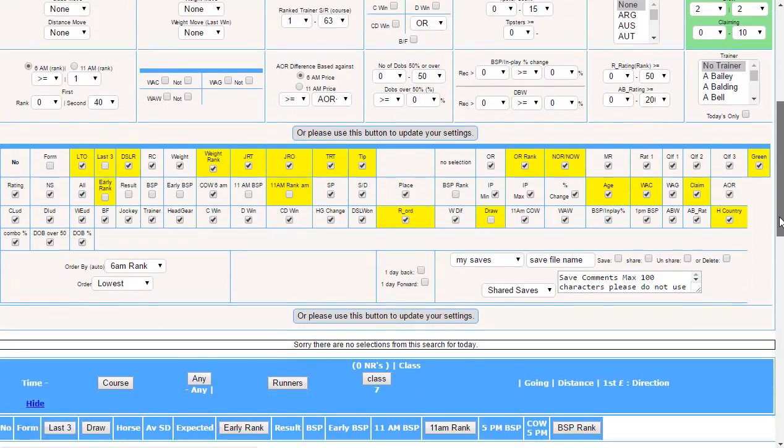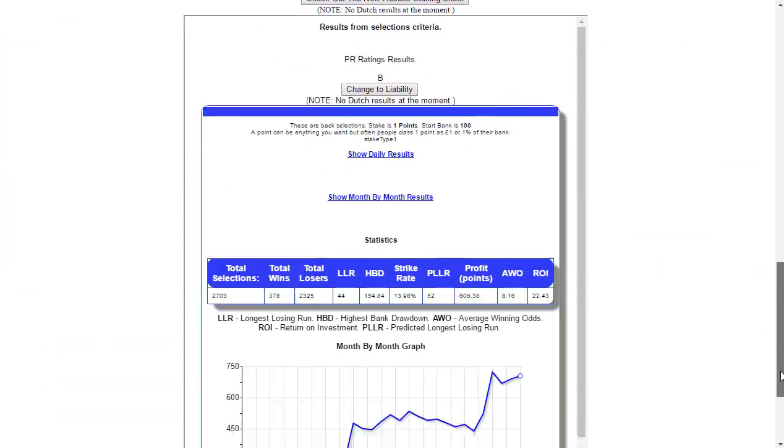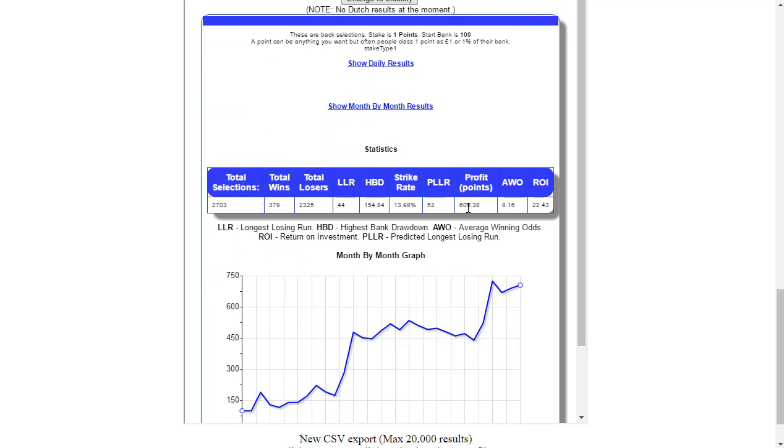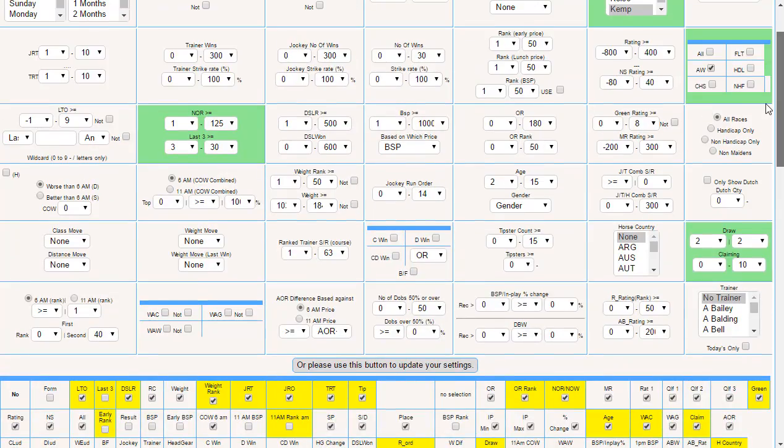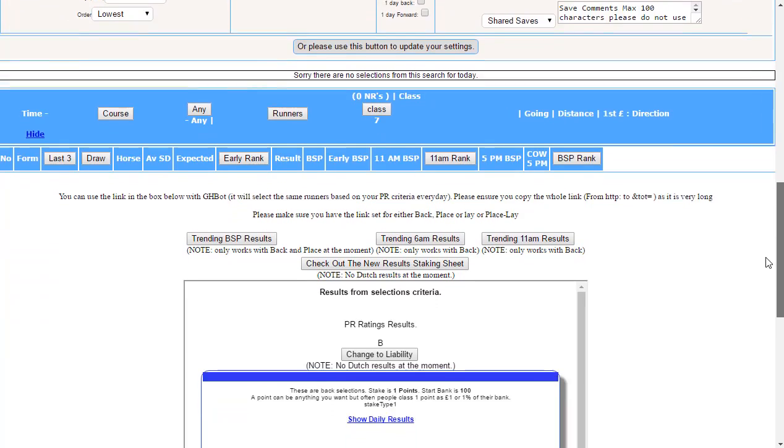Okay, so that's updated. Okay, so if we have a look at the results feed now, we can see that there's profit here. Now, the strike rate is still quite low and there's long losing runs and stuff like that, but there's 606 points profit. But there's going to be swings and roundabouts, that's for sure. But it does go to show you that there's somewhere to start. So as I said, I don't want to go into this too much because this is like a 5-6 minute tip. But basically it gives you a place to now